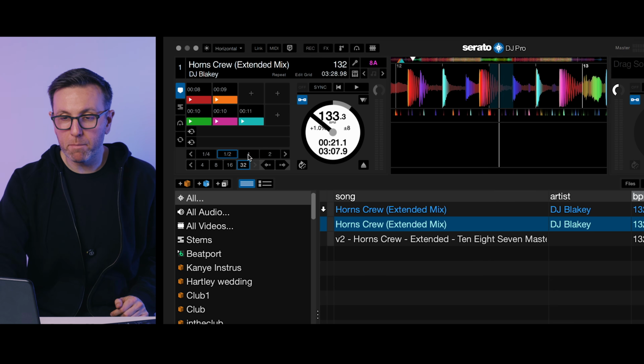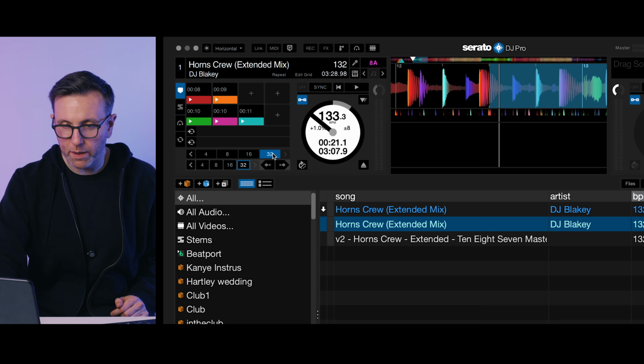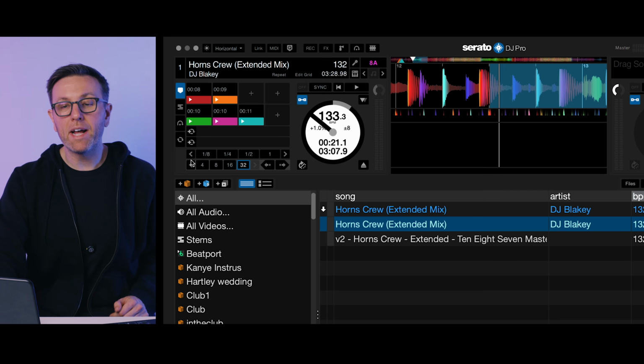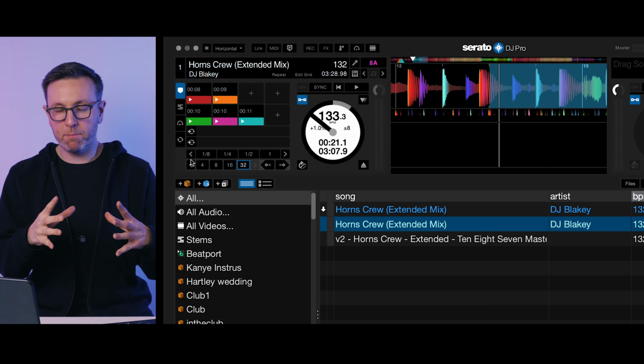Now the top row of numbers are your auto loops, and you can scroll through them here. So you can go all the way up to 32 and then go down. But now the bottom row of numbers are your beat jump controls. Now beat jump is one of my favorite features inside Serato. It's the kind of feature where if you've not used it before, as soon as you start, you'll never go